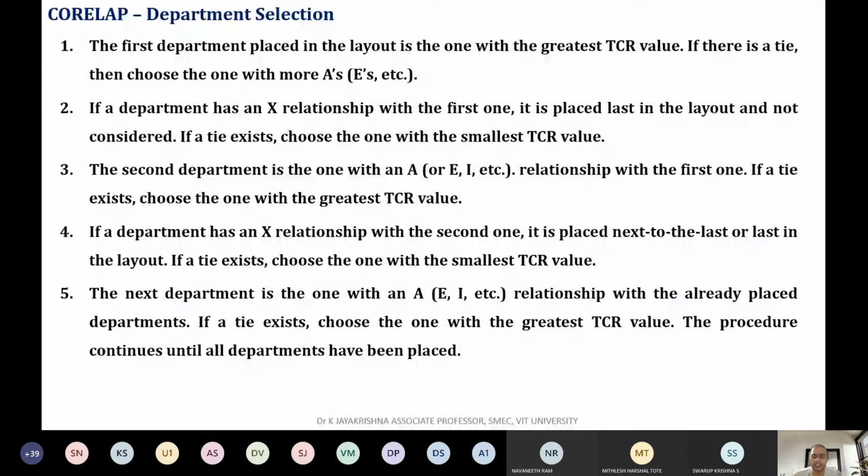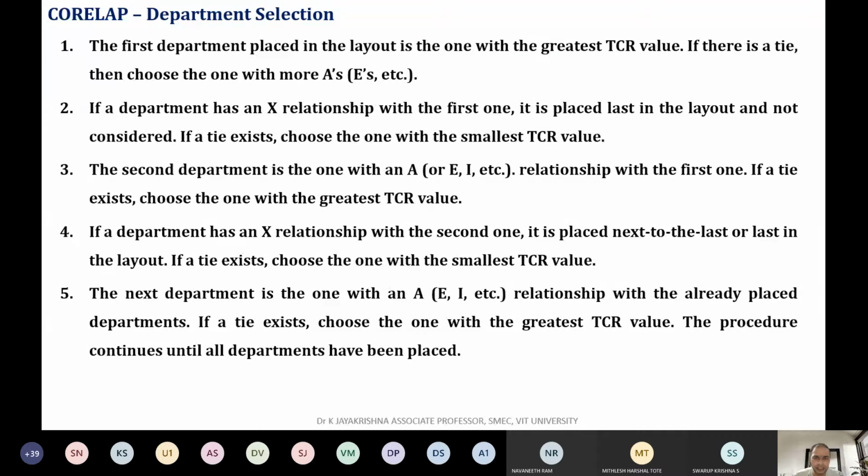Say for example, there is a mechanical department, a civil engineering department, and a main building. Obviously we select the main building as the first department. Imagine the mechanical engineering and civil engineering people share an equal relationship with the main building. I think you're able to understand my example, because the mechanical and civil departments are in the same building, GDN block. These people are dependent on the main building for any economic transactions. Okay, correct?